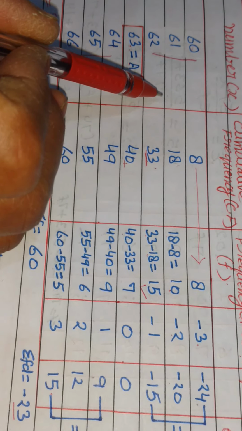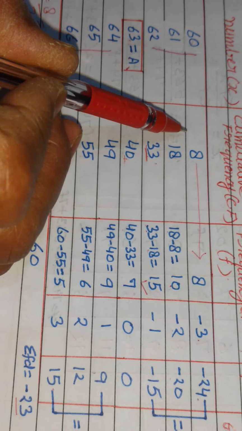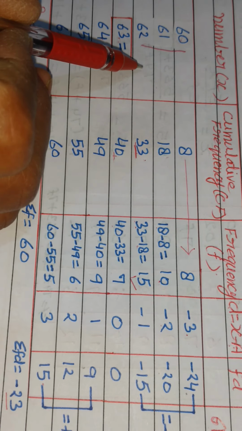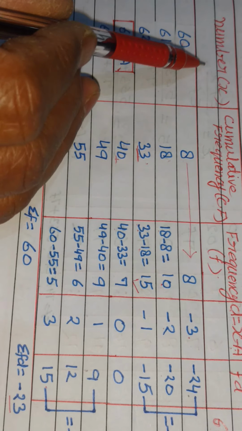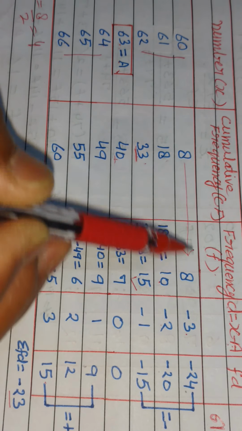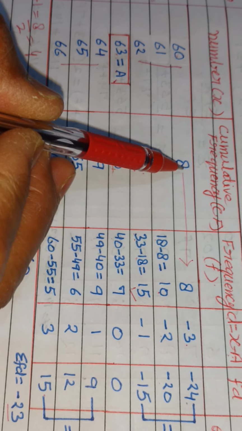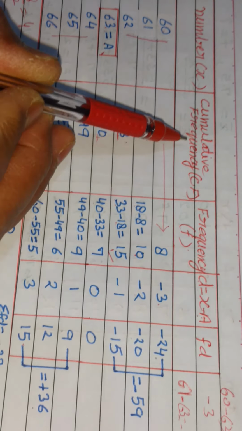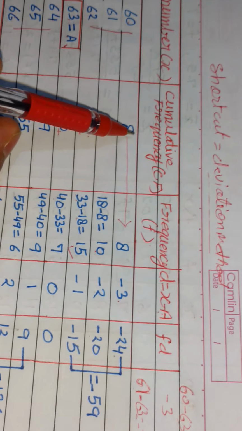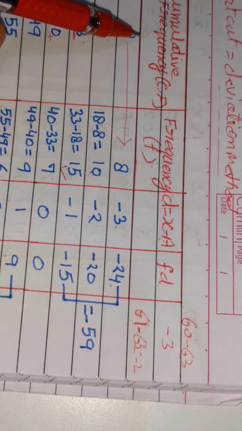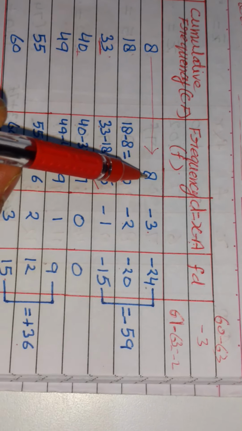And this question, this is one thing. Second, this question is a little different from the other questions also. In the other questions, x was given and the frequency was also given directly. But here, instead of frequency, cumulative frequency is given. So from this cumulative frequency, we will first find out the frequency.